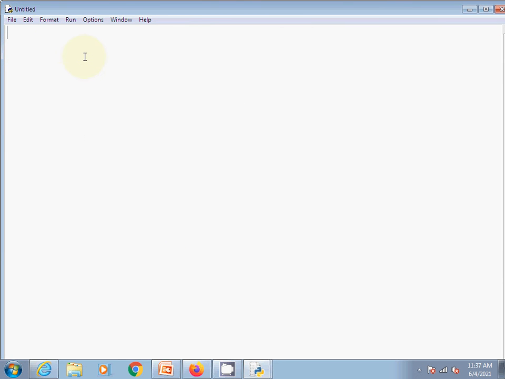Now see, first statement, import math. I am using the math module. If we have to access this module, we have to use the module name math dot. pi is also a functionality of the math module, so we can access pi also.